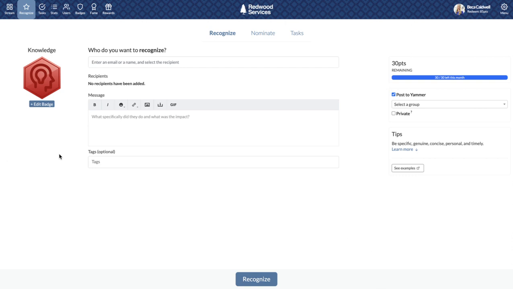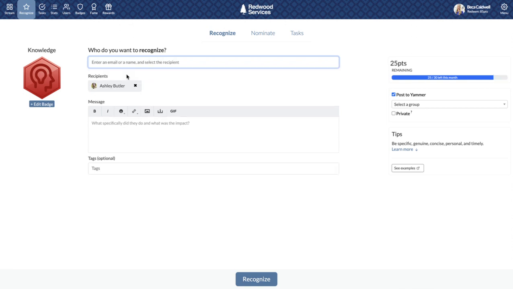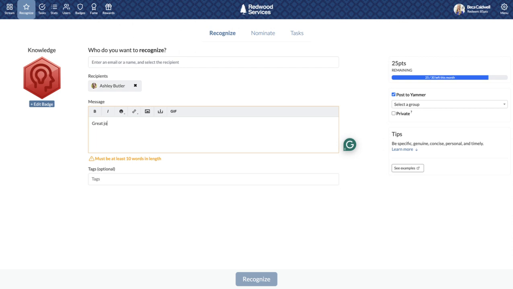Once you've selected a badge, then you can enter an email or a name in the box provided and select a recipient from the drop-down. Users will also be able to type in a detailed message for the recognition. Depending on how you've set up your settings for recognitions, users may also see additional options to add emojis, images,